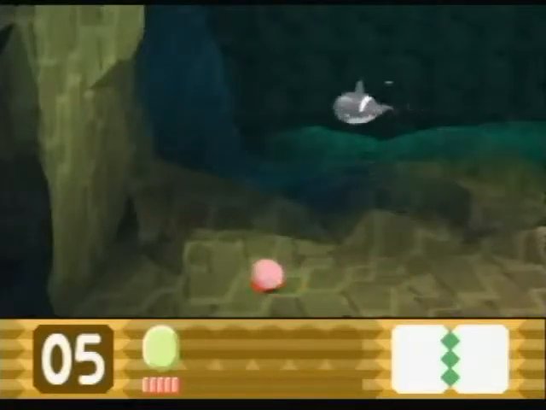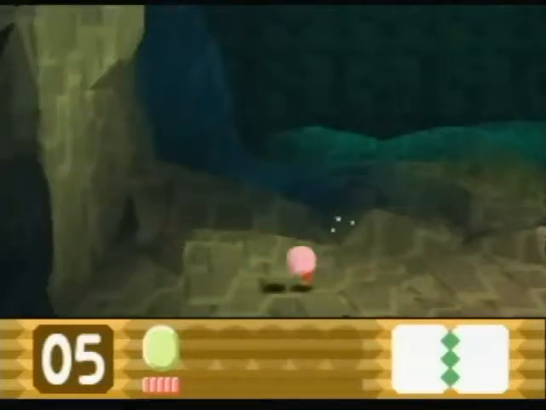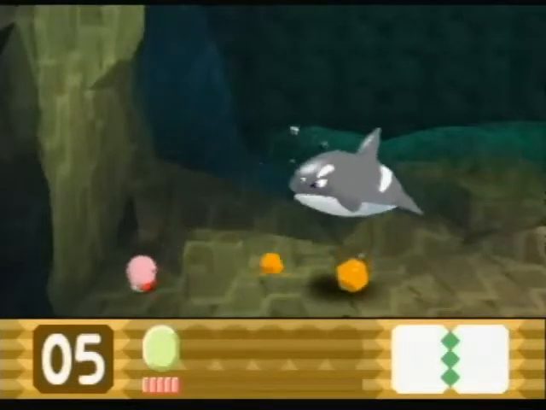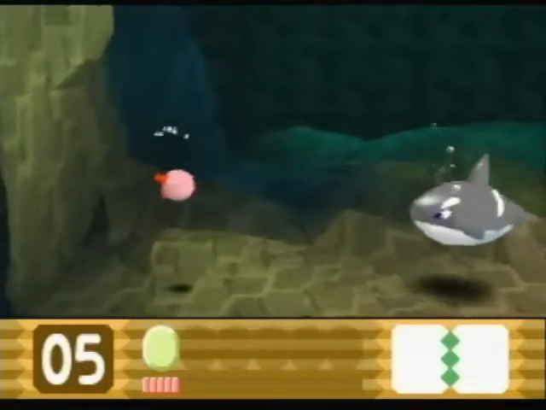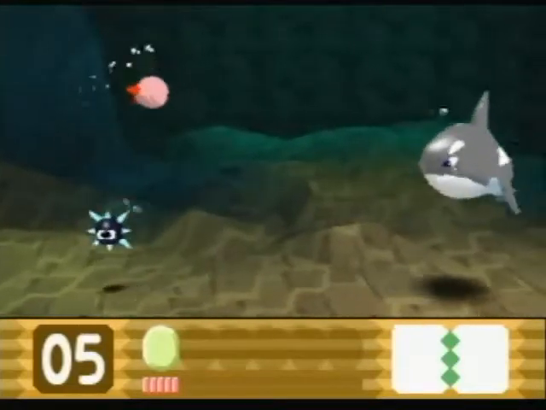Looks like he's not going to do his belly flop attack this time. Instead, he's going to sweep in and then dive bomb us, which causes a rock to come up from the seafloor, which we can spit at him, and I missed, of course. As I said, the underwater controls are quite sluggish in this game,